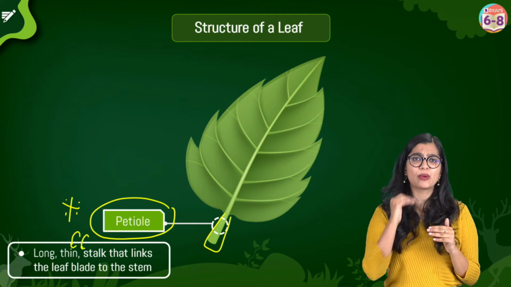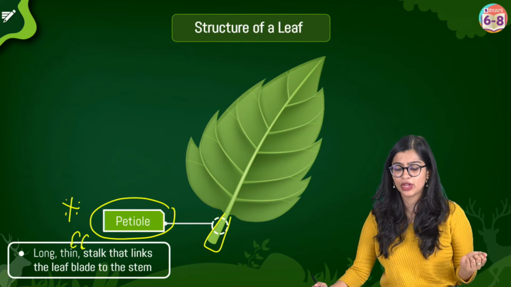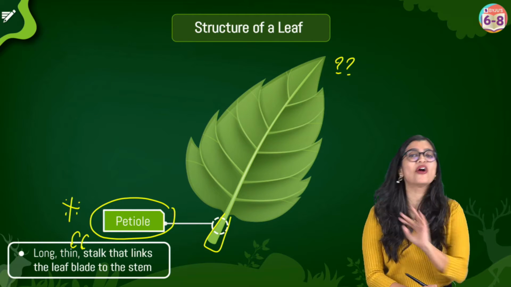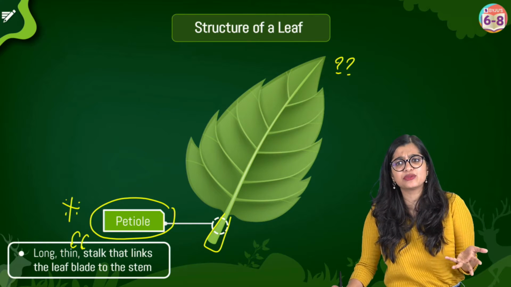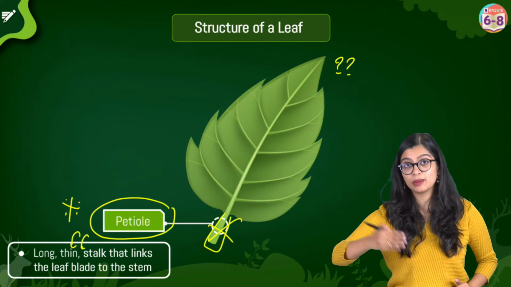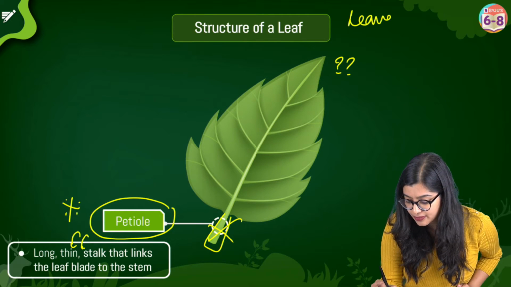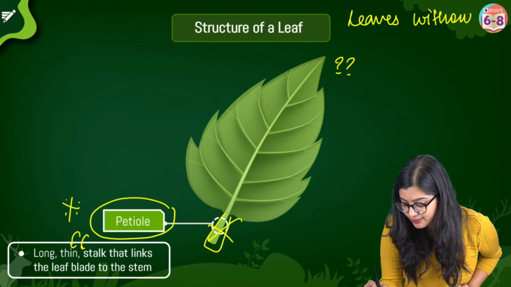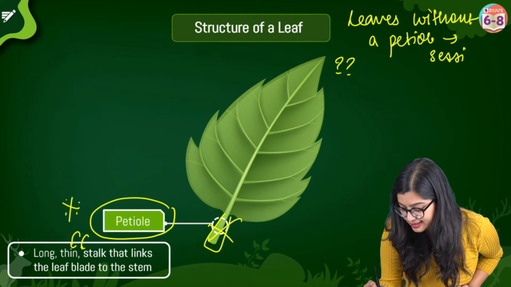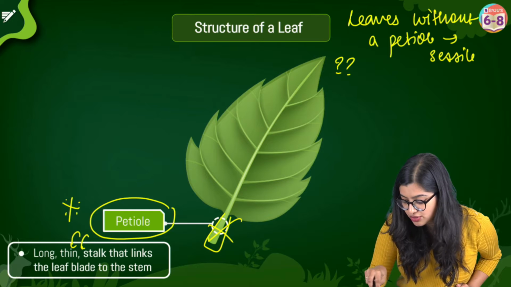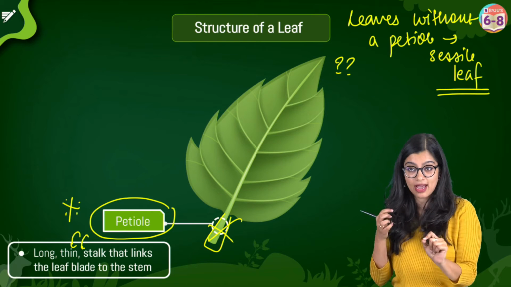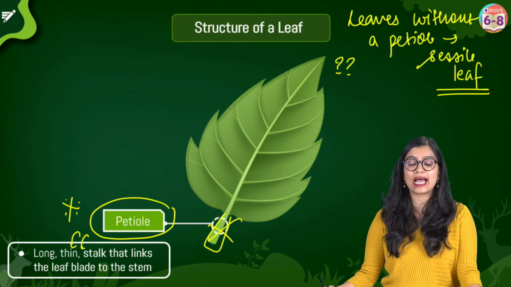Now, a very important question to ask, which I'm sure all of you must be wondering. Do all leaves have a petiole? Now, surprisingly, you will see that not all leaves have a petiole. There are some leaves which are directly connected to the stem without the petiole. And such leaves, yes, leaves without a petiole, are what we call a sessile leaf. So this right here is an important extra pointer for all of you. A leaf that does not have a petiole is what we call a sessile leaf.